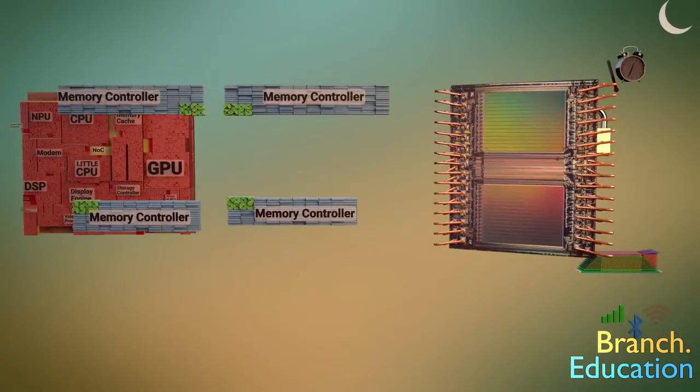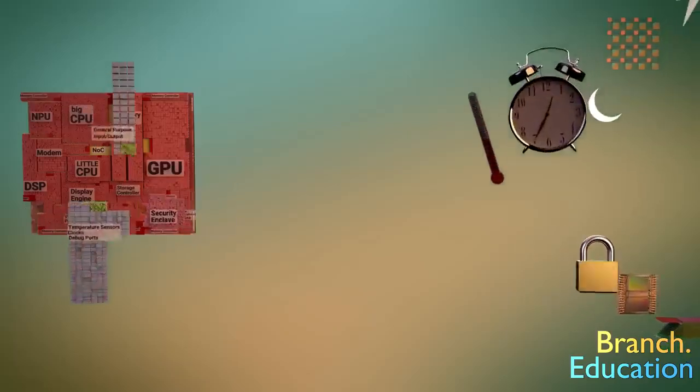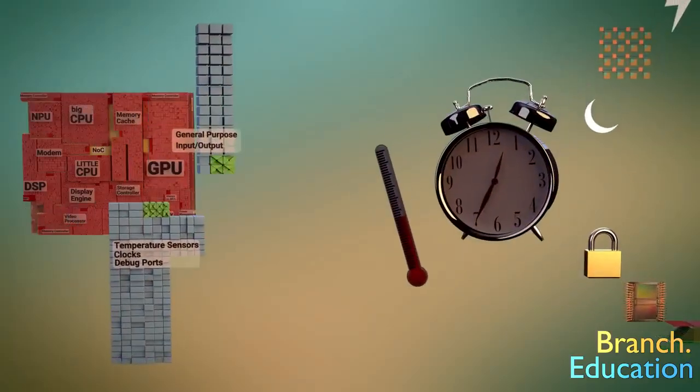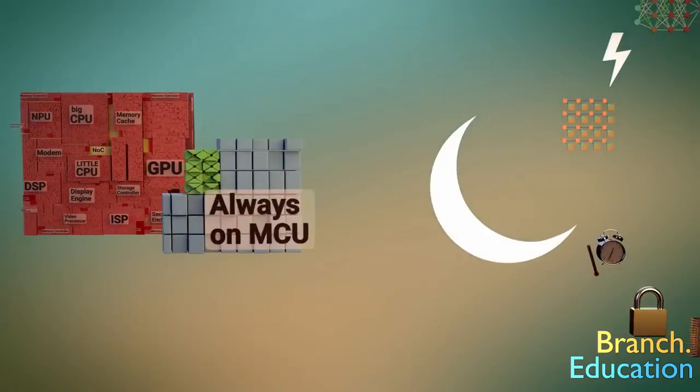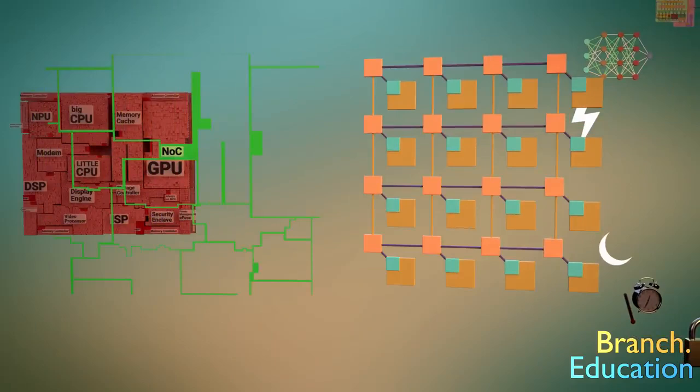the security enclave which executes encryption and manages the public and private keys, a number of peripheral functions such as clocks, temperature sensors, debug ports, and general-purpose inputs and outputs, an always-on microcontroller unit, and finally, the network on chip, or NOC, which arbitrates or manages data flow through the SoC, the DRAM, and other parts of the